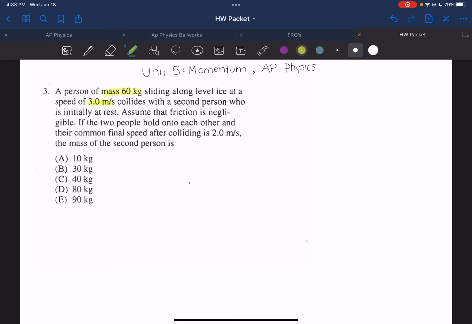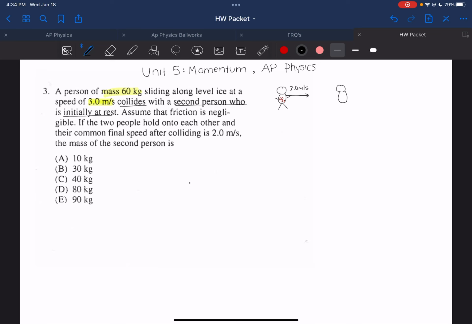Here's our 60 kilogram person. I'm going to draw them like this. They're 60 kilograms, sliding down along level ice at 3 meters per second, and they collide with a second person who is initially at rest. The second person is initially at rest. So I'm already getting an idea of what we're going to do here, but